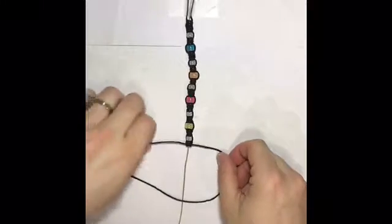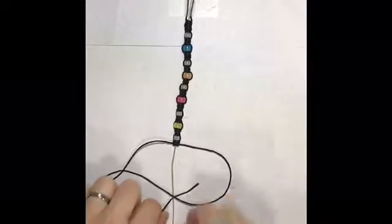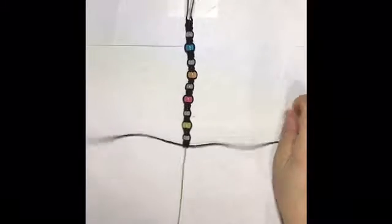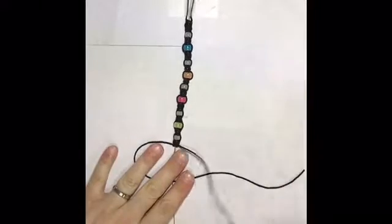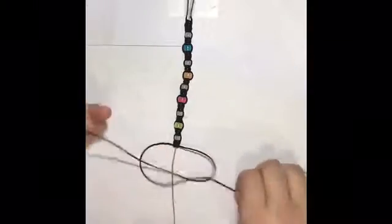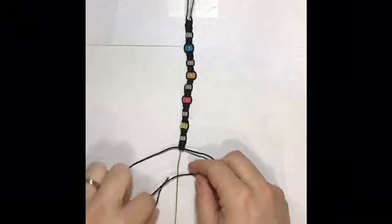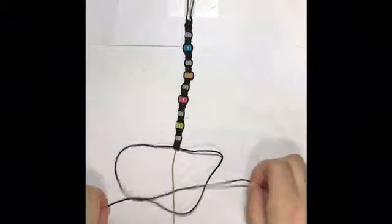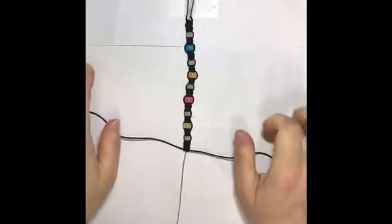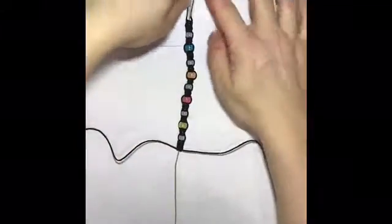Now this one we're finishing up, so we're going to do 3 square knots rather than just the regular 2 between each bead. We're going to do 3, so that's 1, 2, now we're doing the third one. 1, 2, and this is the last one for right now. So pause right there and then kind of lift it up,